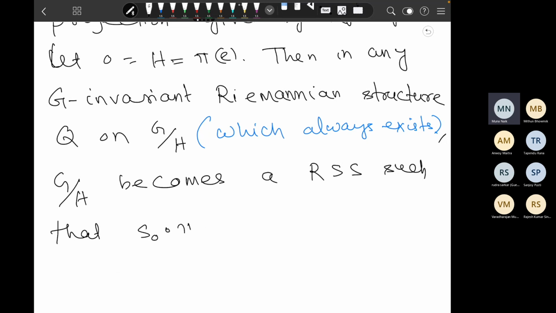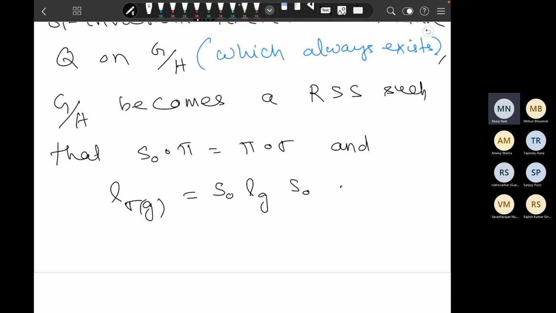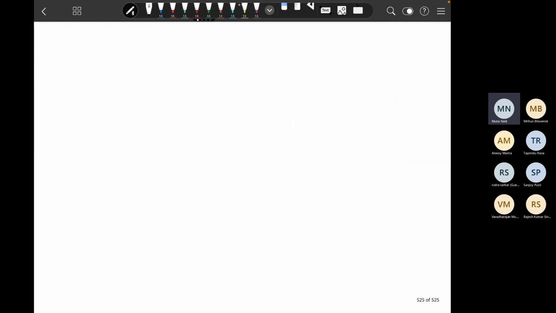So that S0 composition pi is equal to pi composition sigma, and L of sigma(g) is equal to S0 L_g S0. Okay. So, in other words,